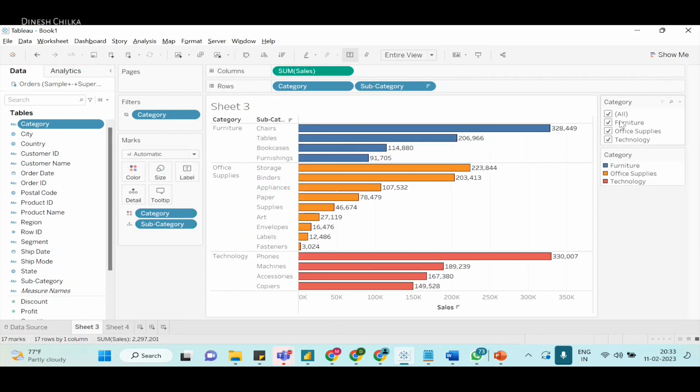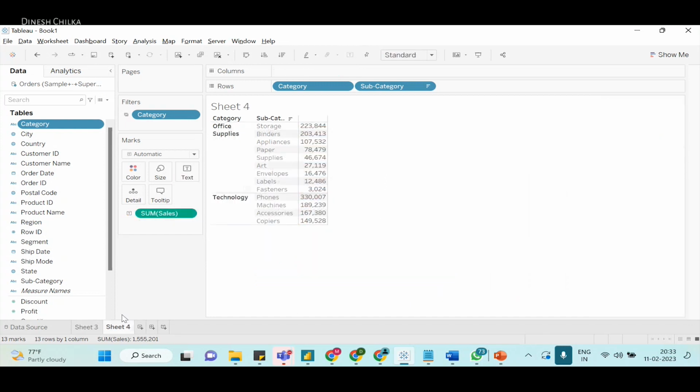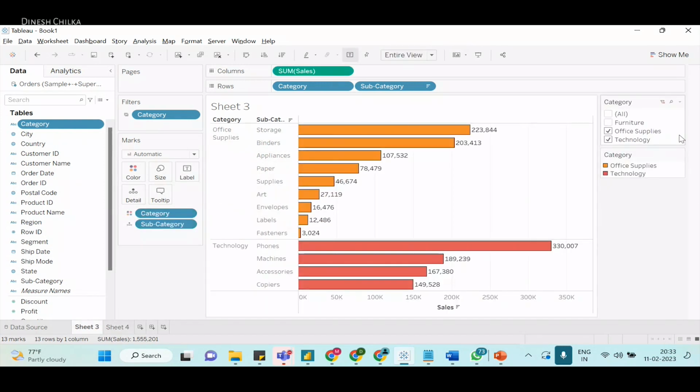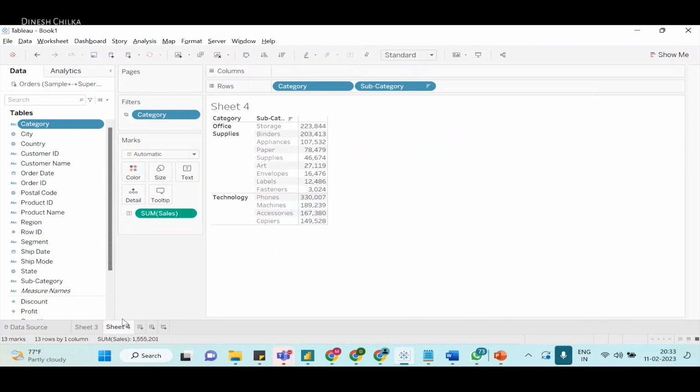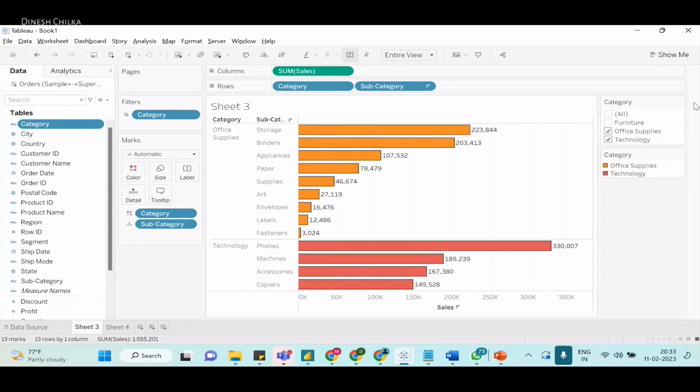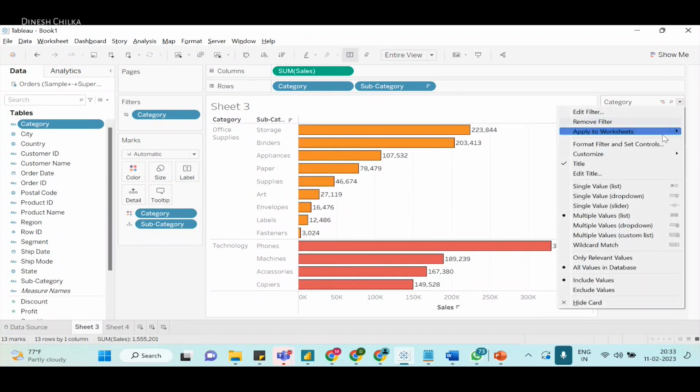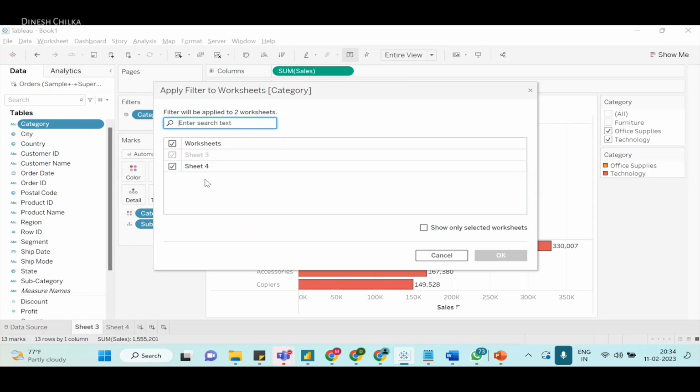Again, go to furniture, because I haven't included, right? Office supplies and technology are included. Again, office supplies and technology. I am doing nothing, but how is it happening? Can anybody tell me? Because we selected apply to worksheets, selected the worksheet, and we selected sheet 4. If you see sheet 4,